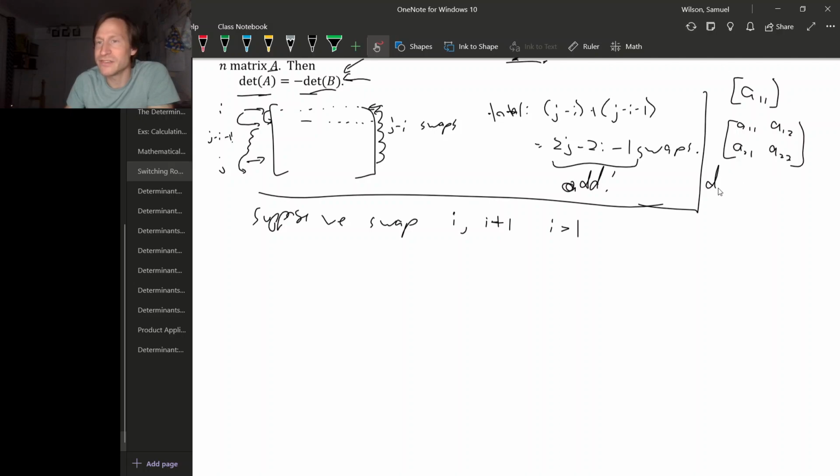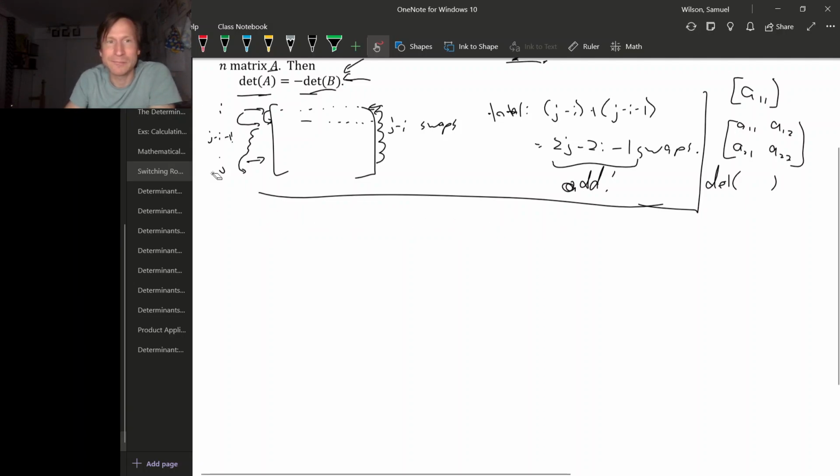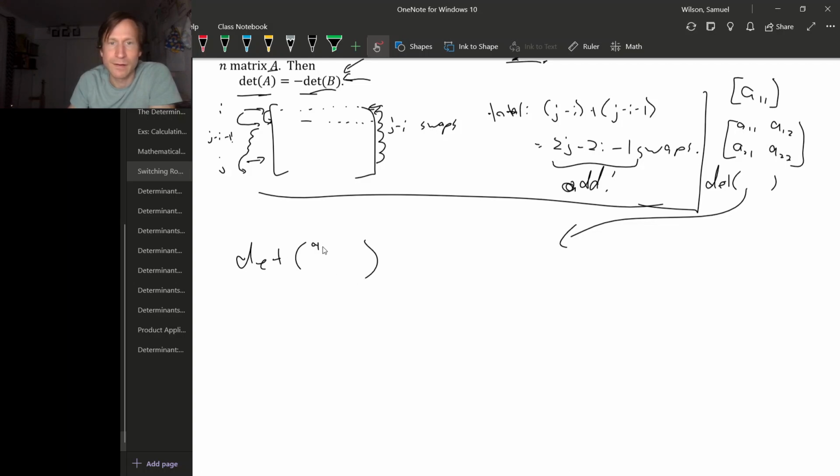So the determinant of this, let me move this whole thing down here. If we take the determinant of this 2 by 2 matrix, we get the regular determinant formula. Sorry, this is 1, 2. So that's going to be A11 A22 minus A12 times A21. If we switch the rows, with only 2 rows, there's only one possible row switch to do,